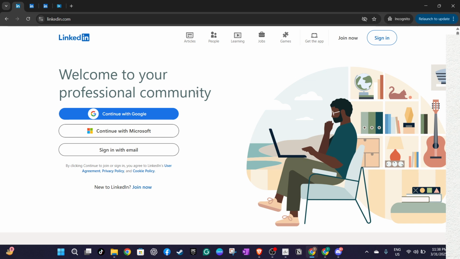Let's get started by directing your browser to LinkedIn's homepage. If you're not already logged in, go ahead and sign in. You can do this either through your Google or Microsoft account, or by entering your email address and password. It's important to take a moment here to ensure your login information is secure, especially if you're using a shared